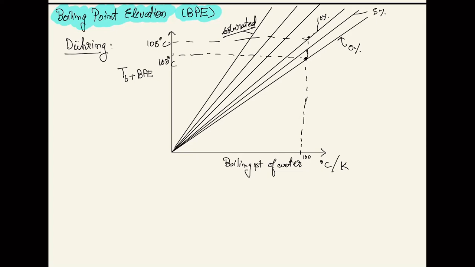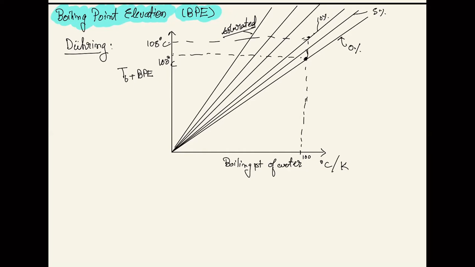So he plotted graphs for it. It was the scientist Dühring who did it. All right, is this thing clear? A simple raise of hand please. So what is boiling point elevation, why does it come into the picture, and how to accommodate it in calculations, we'll be seeing. All right. Okay, great.